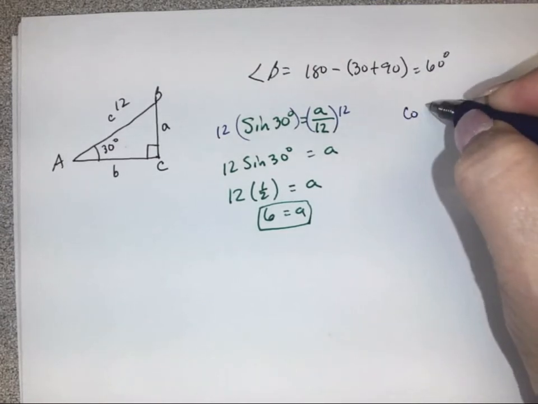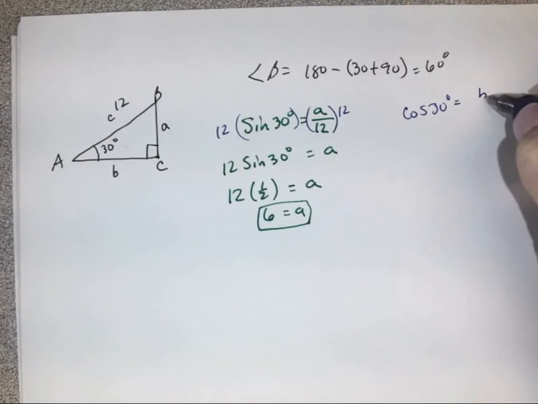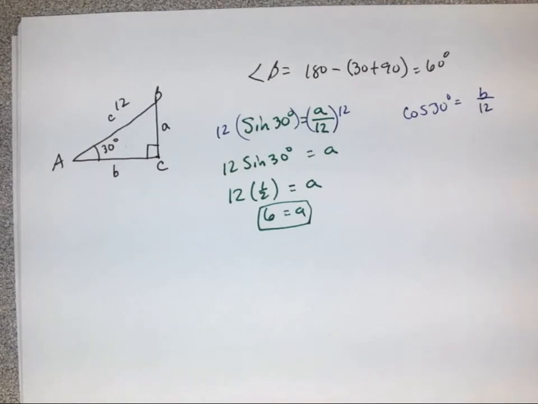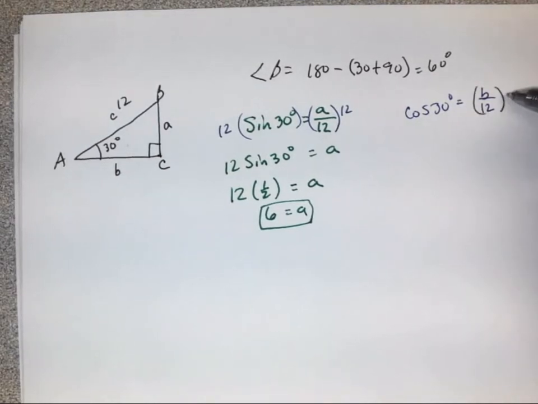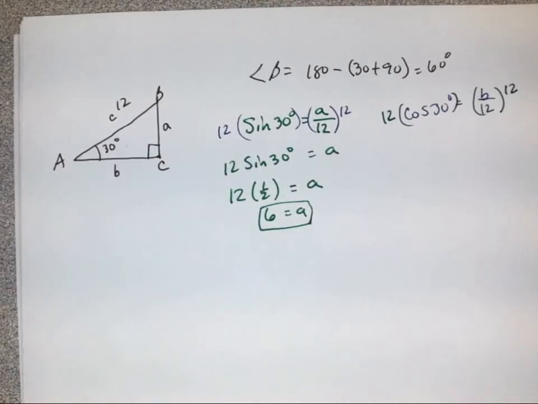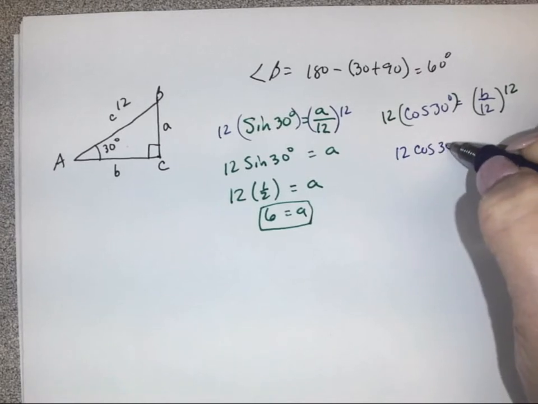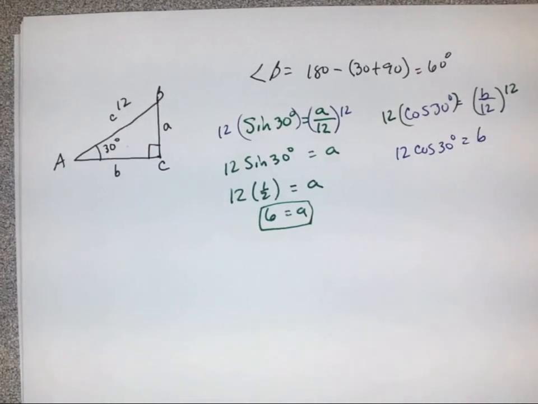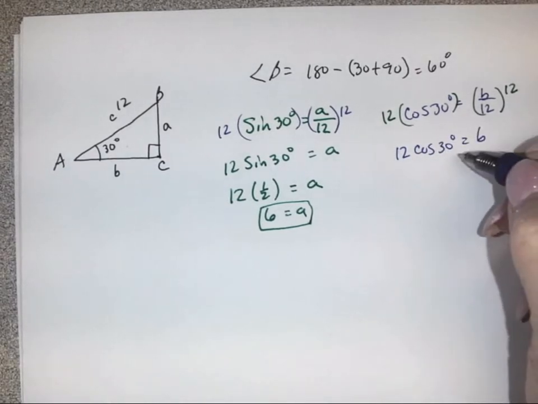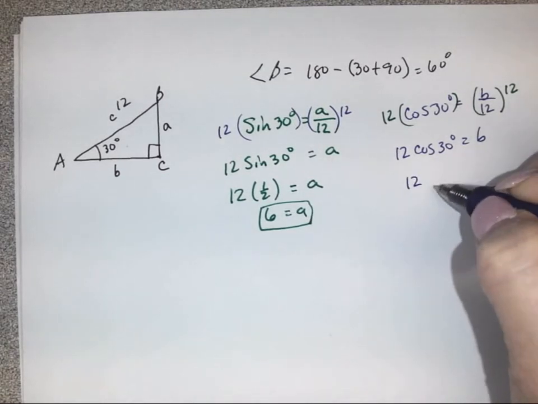So our cosine of 30 degrees will be equal to B over 12. And then we're going to do the same thing. We're going to multiply by 12 and end up with 12 times the cosine of 30 degrees is equal to B. And then we know from our unit circle that the cosine of 30 is equal to the square root of 3 over 2,